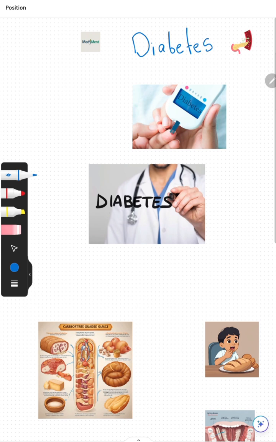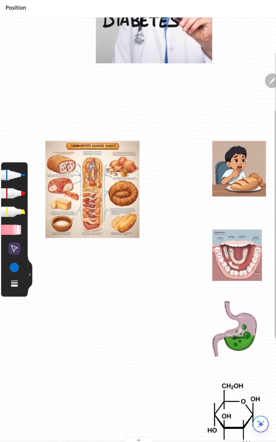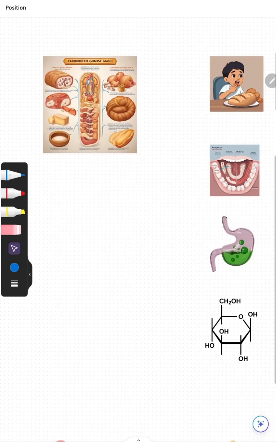So, let's go on. In diabetes, we can see that it's the most common complication. And simply, we can put this as the body cannot process certain food because of the supply and efficiency of hormones such as insulin. Well, as we know, the pancreas is the most important organ in the body,